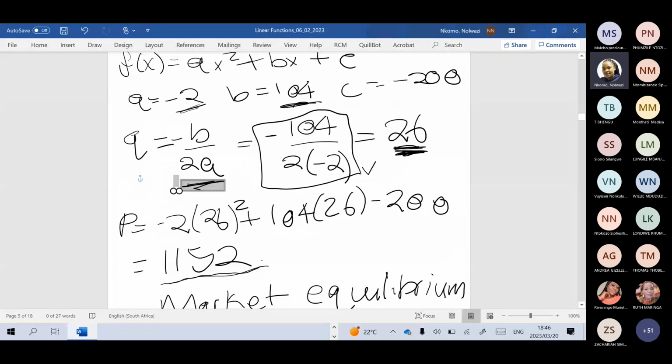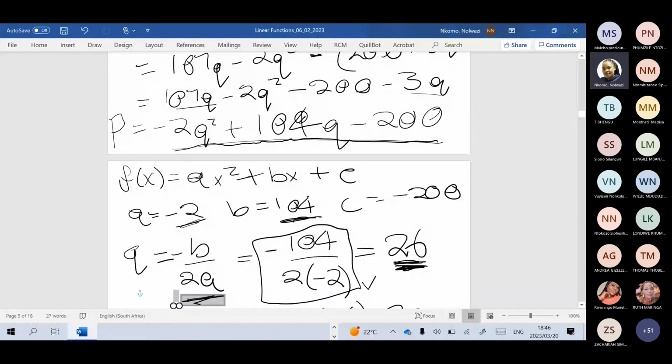We have minus 2q squared plus 104q minus 200. And we know that the standard equation for a quadratic function is ax squared plus bx plus c. If you compare these two, you have this squared and you have this squared, so this means this